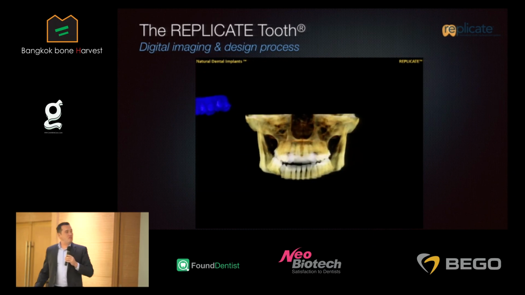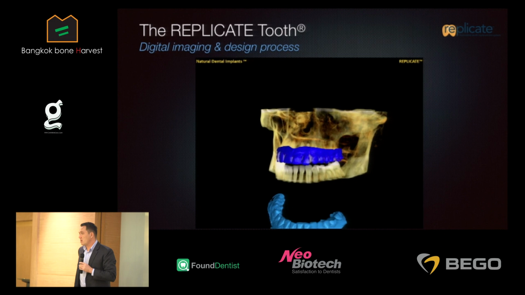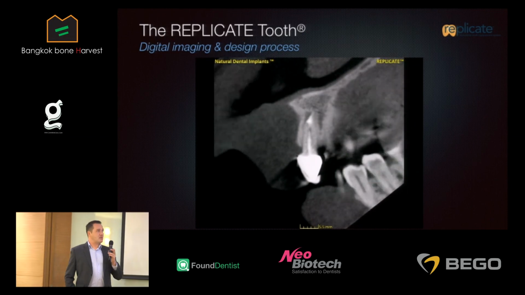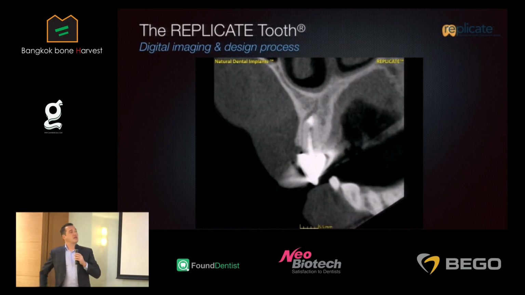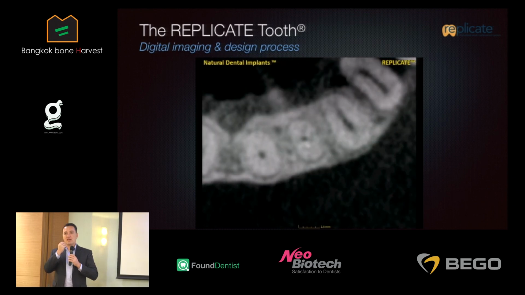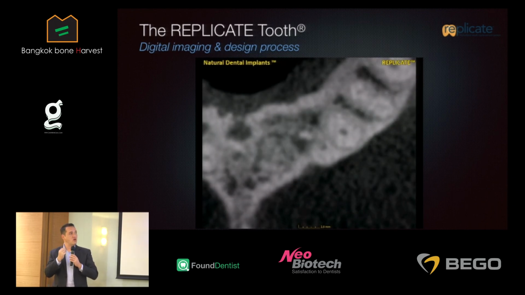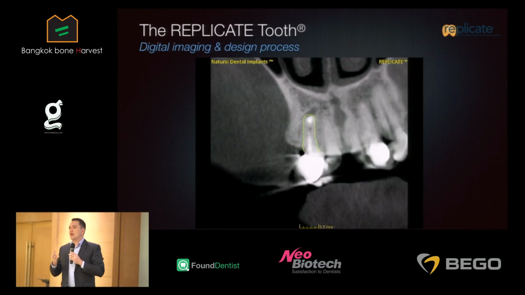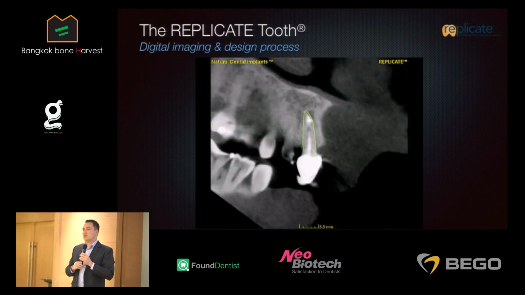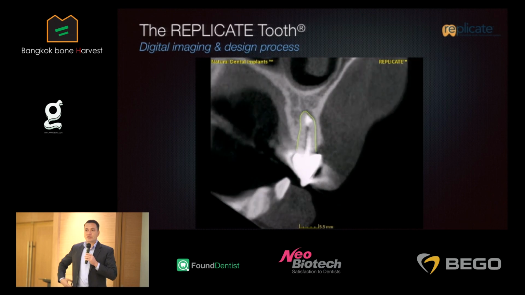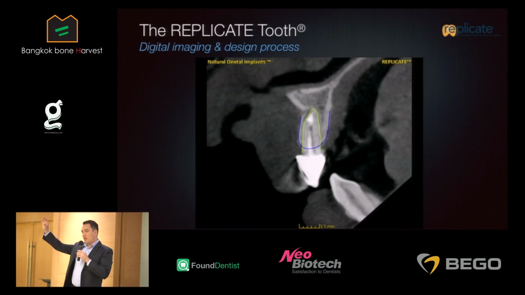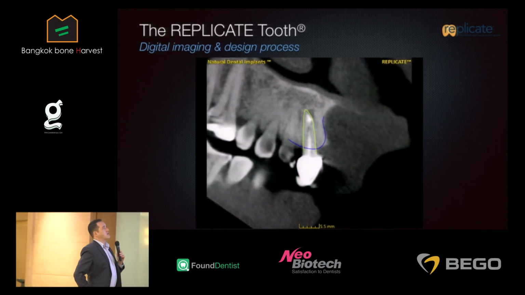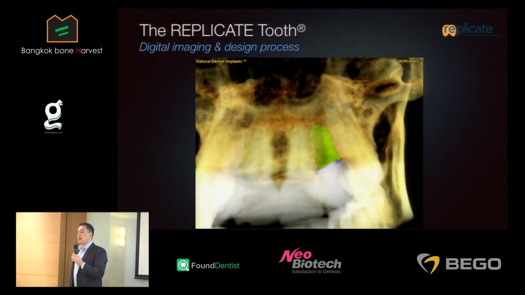Coming back to what you have said, Ajahn, this is how it all starts. The DICOM data or the CBCT scan have been mentioned. We take a CBCT scan after we have determined that the tooth is not salvageable anymore, it has to go. At the same time, we need a second data set, which is the STL data, gained either by an intraoral scan or by digitizing the impression the old-fashioned way. This data is then uploaded, similar to the Invisalign case, to the German server of the German company called Natural Dental Implants, and they start